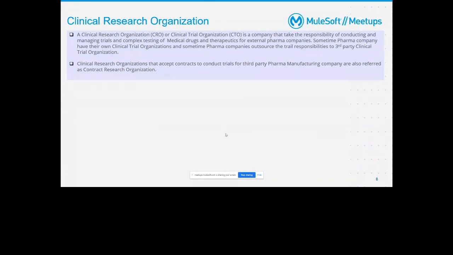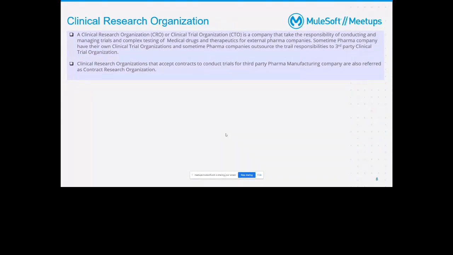Along the way, they also interact with many regulatory bodies, and many regulatory audits happen because all these trials are related to human lives, so there are stringent regulatory processes. They need to create a lot of reports and submit them. Finally, the sponsor, who gave them the contract to conduct the trial on the new medicine, also needs the entire report of whatever tests they conducted. And they also help the sponsors to market that product.